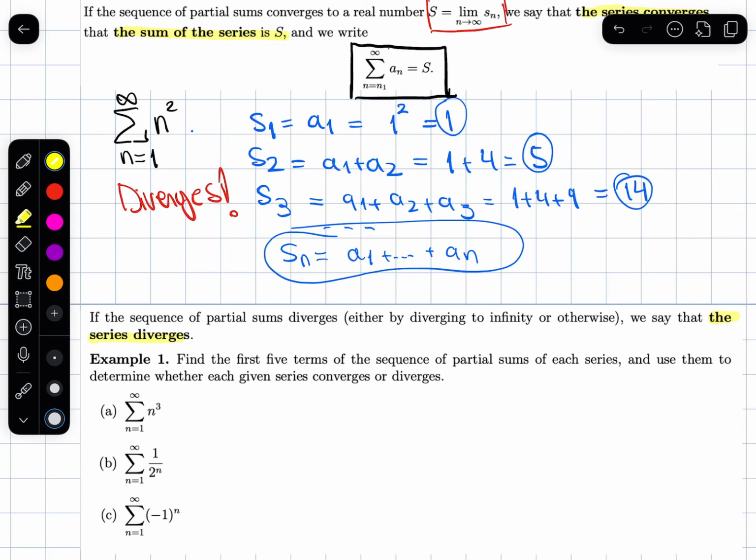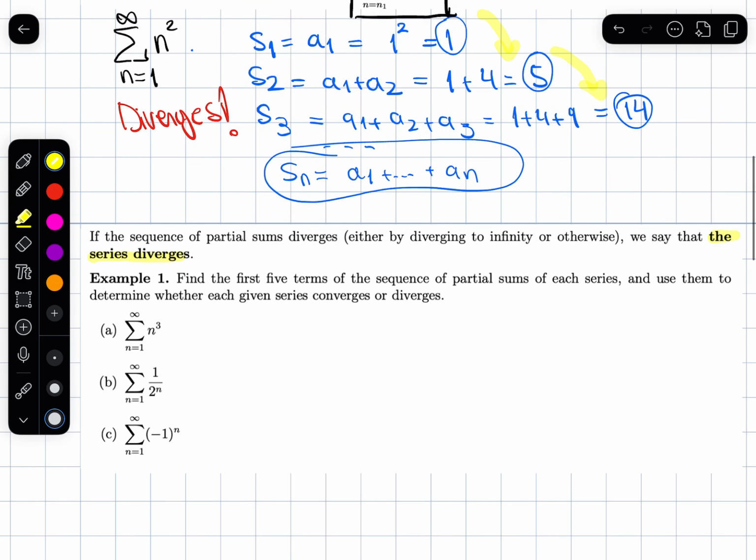Now, it doesn't always have to diverge to positive infinity like this one does. Maybe the sequence of partial sums just doesn't have a number as a limit, so maybe it just oscillates between two numbers or something like that, but this is a way to make it work as well. All right,